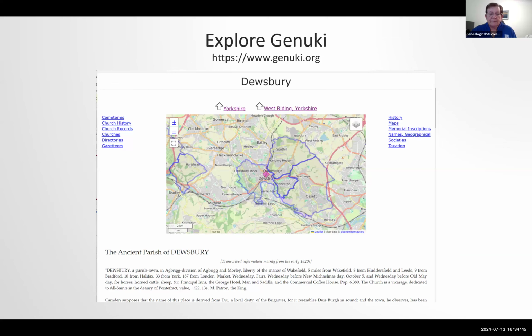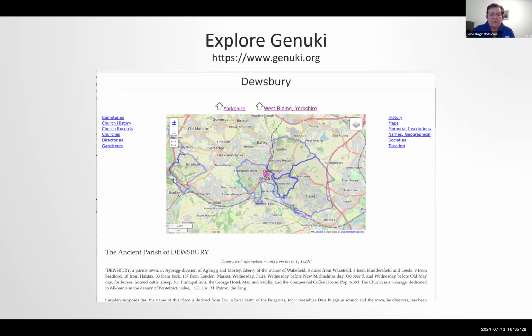Now, for my talk today, I've looked at Dewsbury, which is in Yorkshire. That itself is a problem because there's three different areas named Yorkshire. You've got the west, you've got the north, and you've got the East Riding. Ridings are one of the old-fashioned land divisions that they used to have. You have shires, you have soaks, you have wapentakes, and you have ridings. So Yorkshire has been divided up into the ridings, and we're looking at the West Riding and the area named